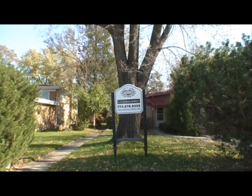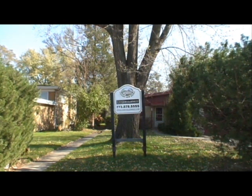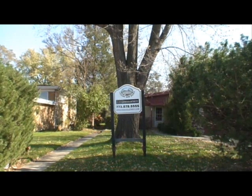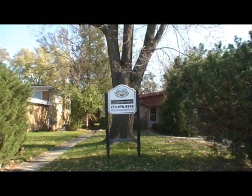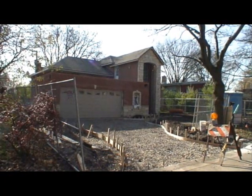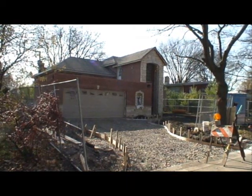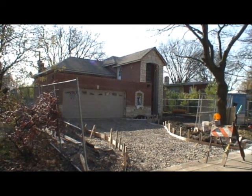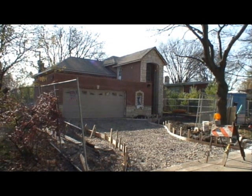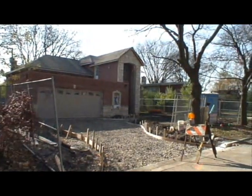I've walked an additional 25 feet to the south and pointed my camera facing east at this point, and we're looking at a sign from DS Development, again offering yet another home on my street for teardown and resale. Walked just around the bend on Beverly Drive, the street I live on, and we're looking at a home that's nearing completion. That's again not a complete teardown, but the shell of the original first floor of the home was left in place. As I pan around,